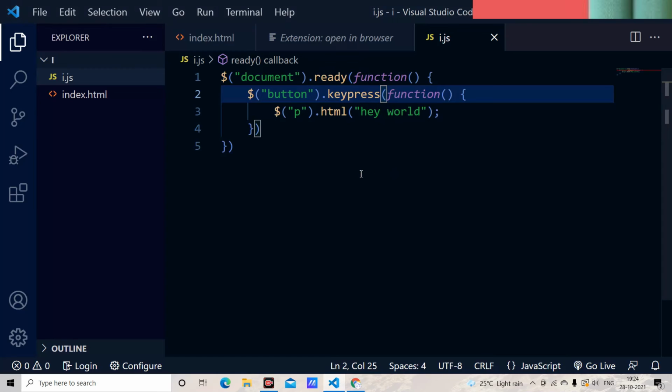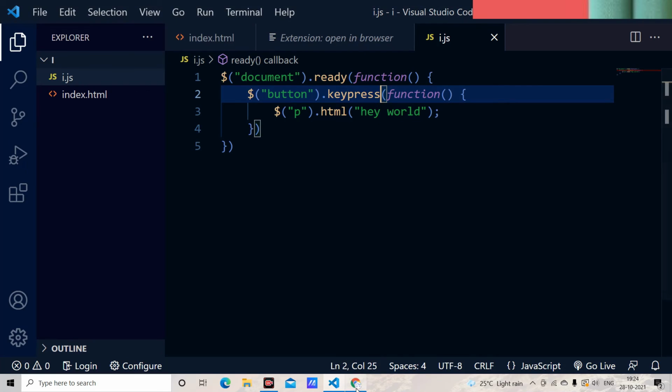Well, here is my mouse. The mouse has entered into the click, and now I am going to add any of the keys. I am going to just type a random key. Here when I just type J, as you can have a look at here, it is completely changed into hello world. And this is how we go with this key press.